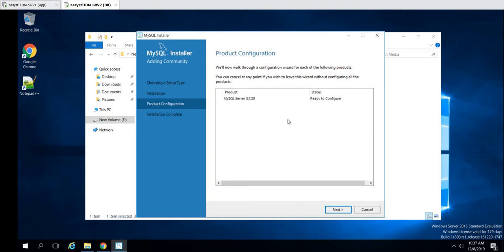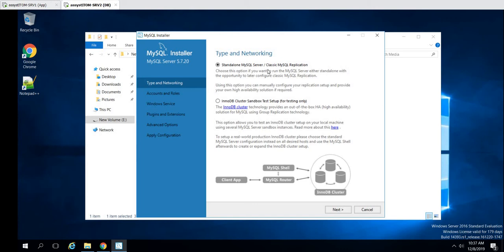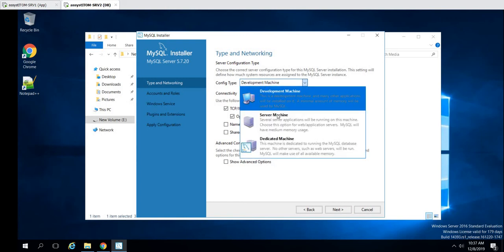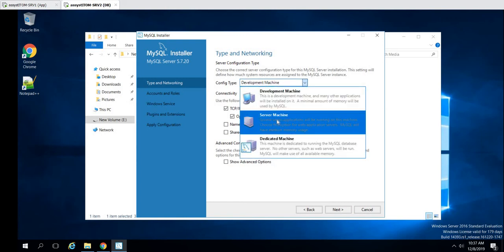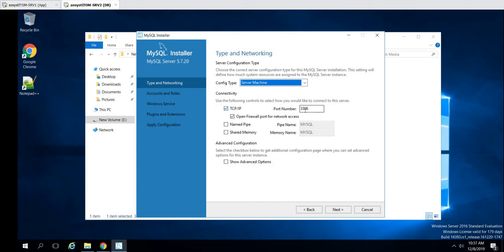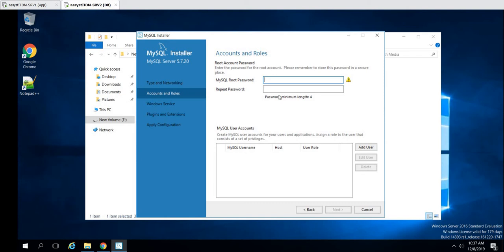Okay, now you will start configuring MySQL. It will be standalone. Now it's development server machine. The config type will be server machine. We will connect to the server to MySQL using port 3306. You can change it. Now named pipe, you can create a name and shared memory. We will just leave it as 3306. Then next, this is the root username and password,